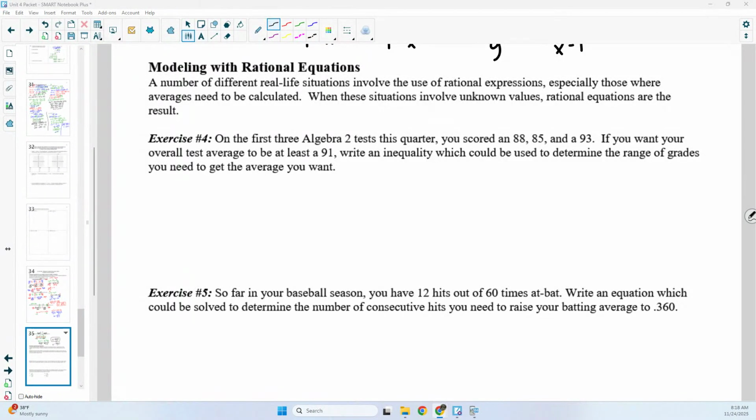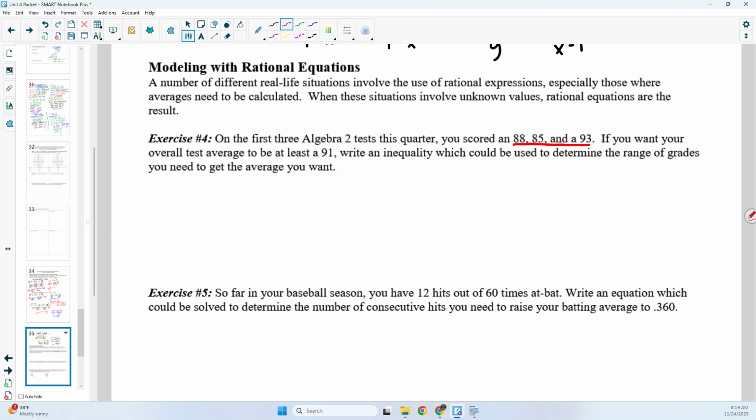So the second topic of this lesson is basically different modeling or word problems that result in rational equations. We don't really actually have to solve them, we just have to write them. And the ones we're going to focus on are ones that have something to do with finding the average of something. So the first question says, on the first 3 Algebra 2 tests this quarter, you scored an 88, an